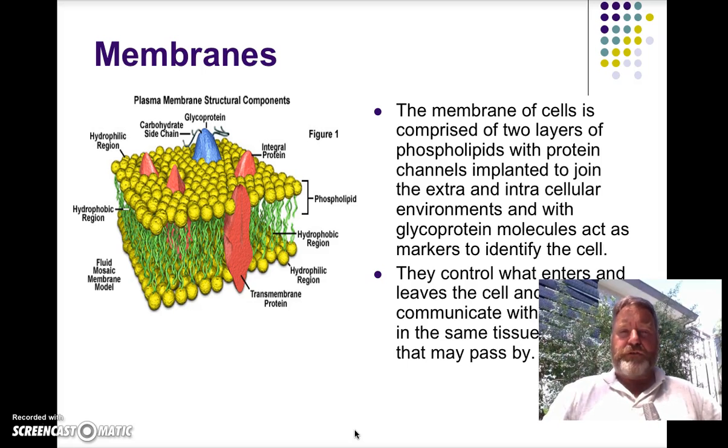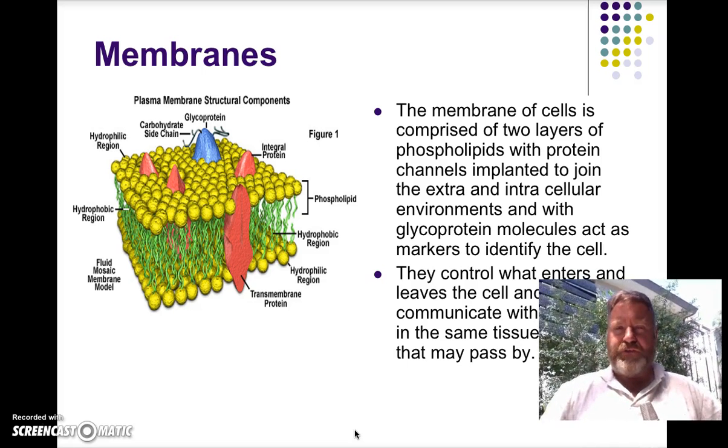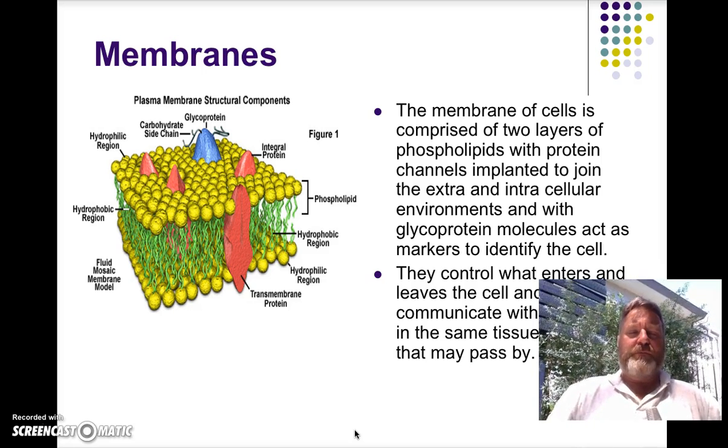I'll quickly go through the organelles. You should be doing this for yourself, and you should already know a lot of this anyway, but obviously the membrane is critically important. This biphospholipid layer,